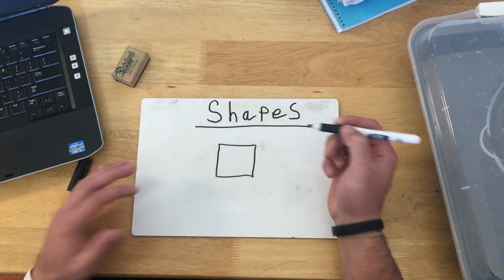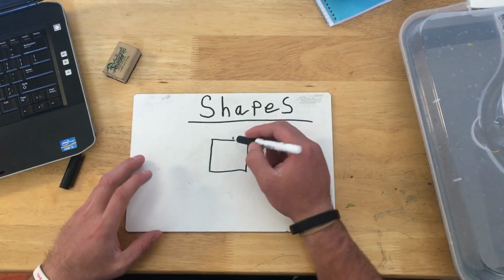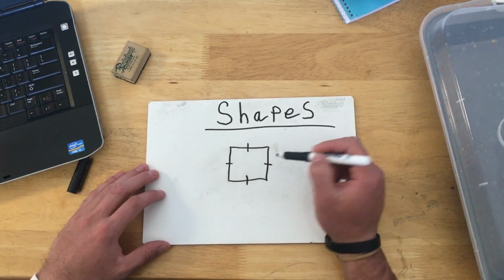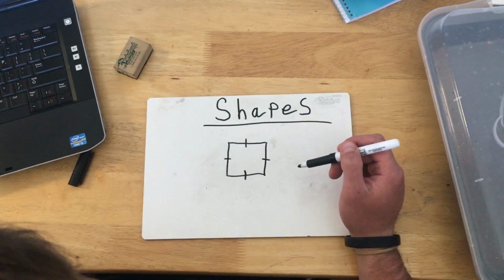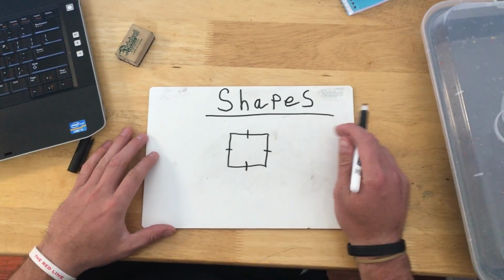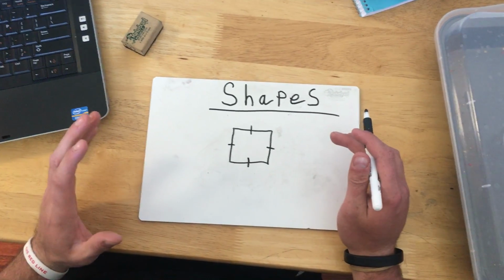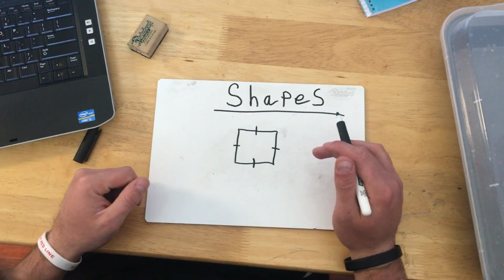Students should know that a square has 4 equal sides. So we're going to mark our equal sides with a dash through. That way someone knows that they are all equal in length. The next thing we want to talk about is corners. Second and third grade levels, our students are going to think corners, and they're not going to go right to